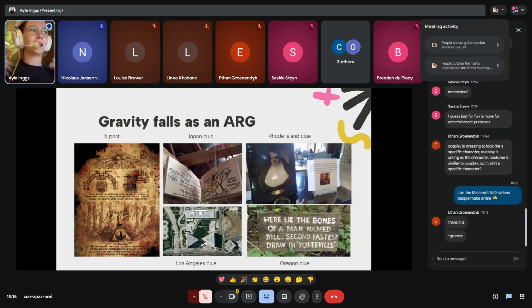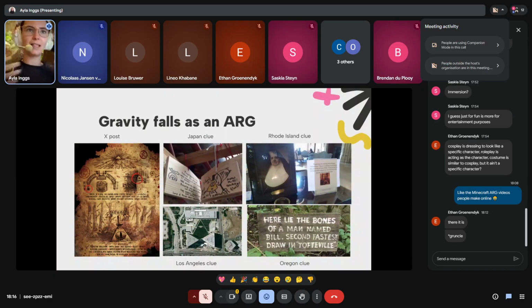People started getting really excited about this and were like, okay, where do I go from here? Then people started finding things out in public. I'm talking about people in China, people in Russia, people in America. They started finding this iconic symbol of Bill Cipher, this little triangle guy with an eyeball. They started finding clues and ciphers all over where they were staying, which is really crazy to think about. Imagine you're just going to a spa or something and you see a cipher and you're like, wait, this is part of the game.